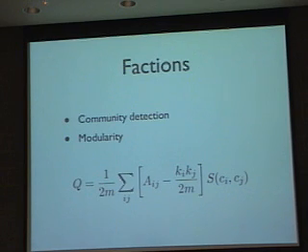A is the adjacency matrix, which measures the dyadic tie between two members. K is simply the strength, or weighted degree, of each node. And finally, S is simply a function that measures whether two members of Congress, or two nodes, are in the same community. So what you get is this measure Q, a modularity score, which measures how strong the ties are